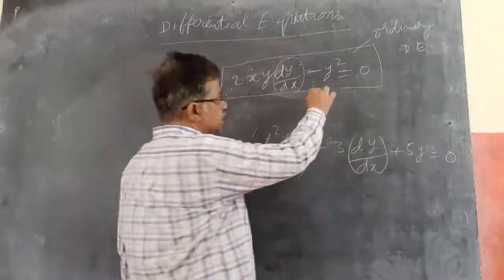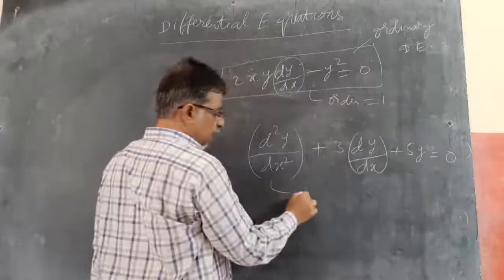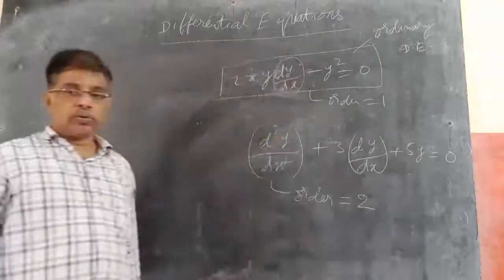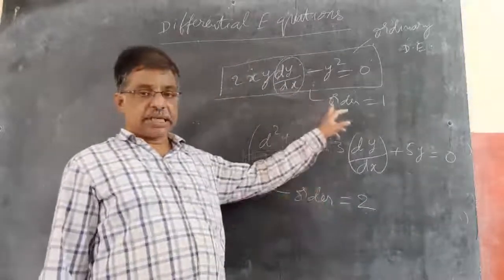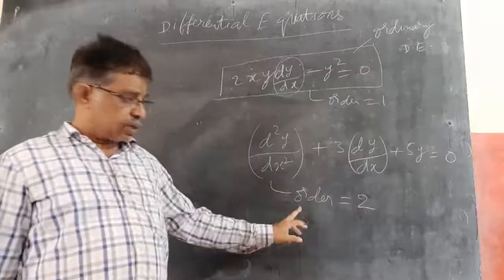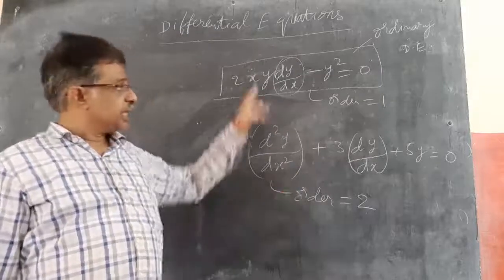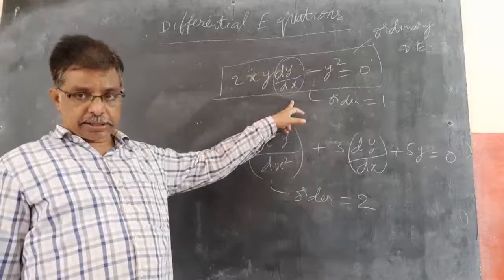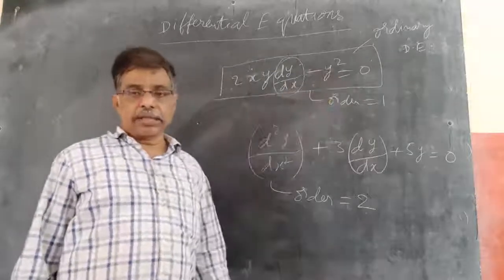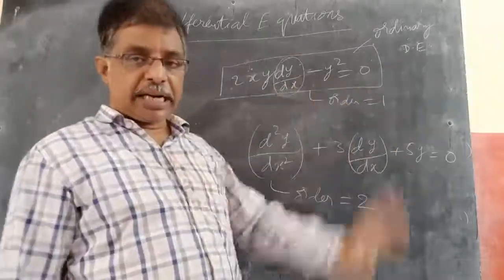So the order of this differential equation is 1. But here the order is 2. Here the differential equation order is 1. Here the differential equation order is 2. Because it is involving 2 times differentiation. It is involving 1 time differentiation. You observe here y square equal to 4ax. Means one arbitrary constant, we differentiated 1 time and eliminated the constant.